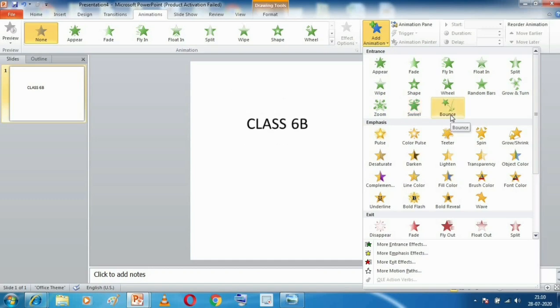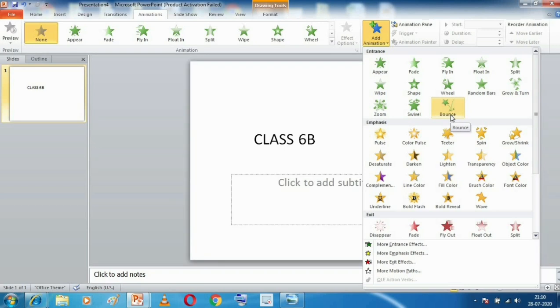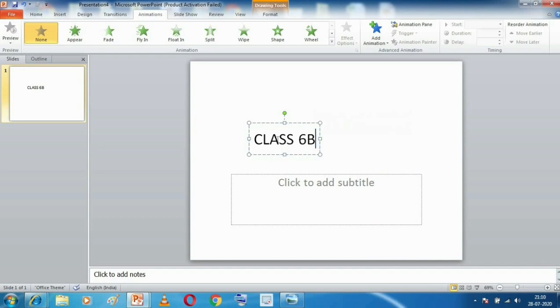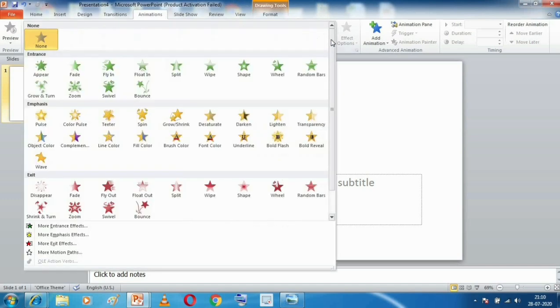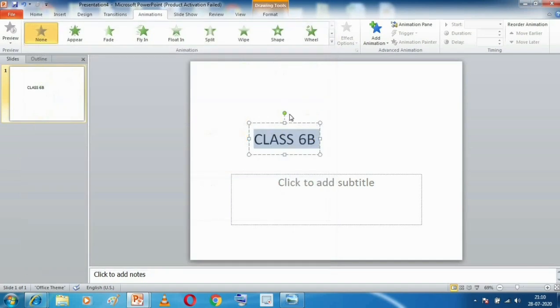So these are different entrance type of animation effects. These animation effects will decide the manner in which our object, right now the object is this piece of text, class 6b, is going to enter my slide.